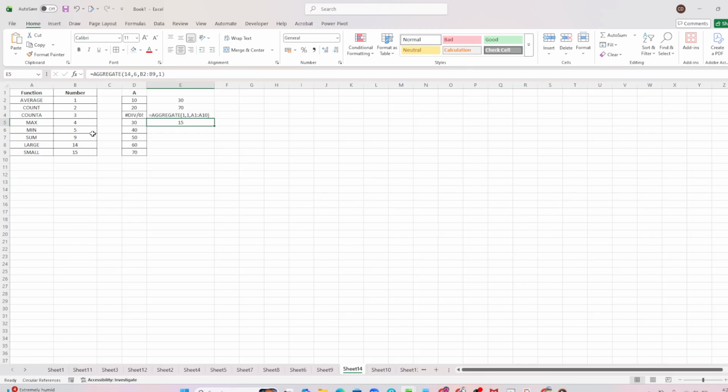Here's the syntax we'll use: AGGREGATE(function_num, options, array, [k]). Think of it this way. Function_num tells Excel which calculation to perform. Options tells it what to ignore. Array is the range of data you want to analyze. And k is an optional input used by certain functions, like when you want the first, second, or third largest